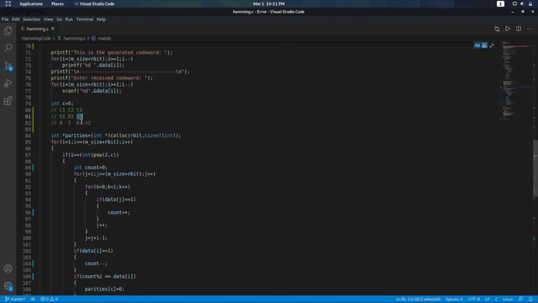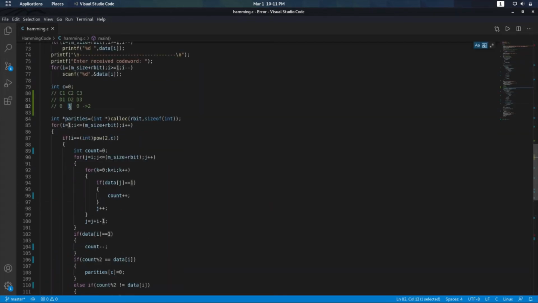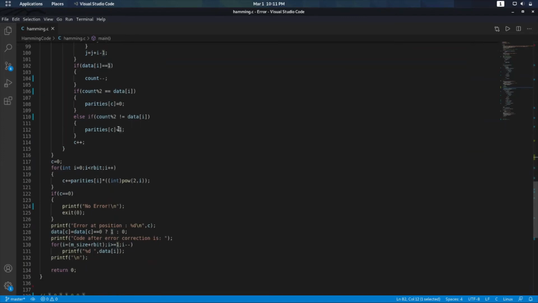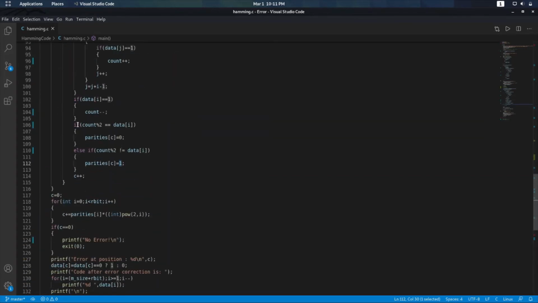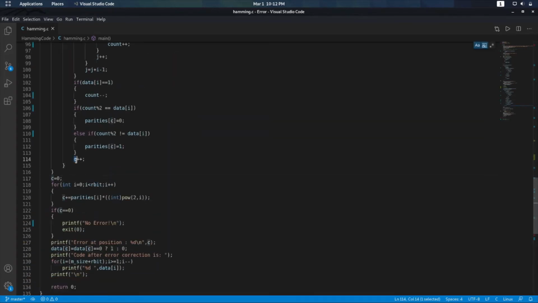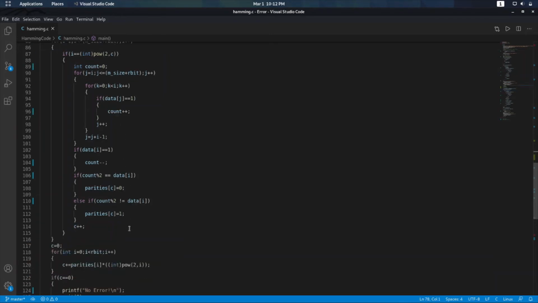One is C and one is D, and if they are equal, I'm just putting it 0. Parity of I or J, that element, that index, parity of C is 0. And likewise, if they are not equal, then I'm setting the parity 1. They are different. Because it is an XOR operation, that is simply the XOR operation that I'm going to do. And increment C++ for the next iteration, and that should be 2 to the power 1 this time, because it was 0 initially.